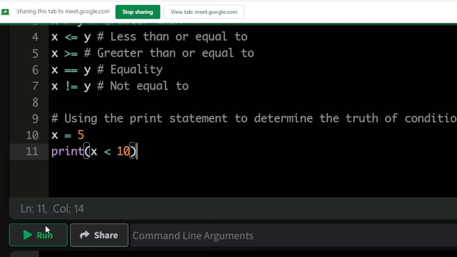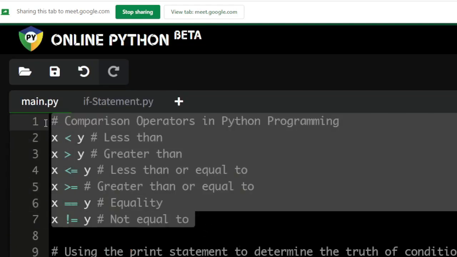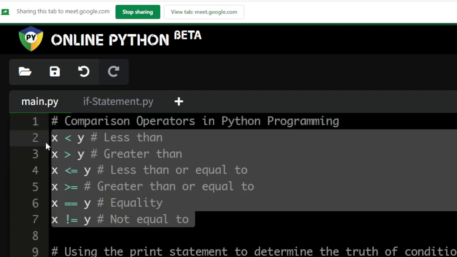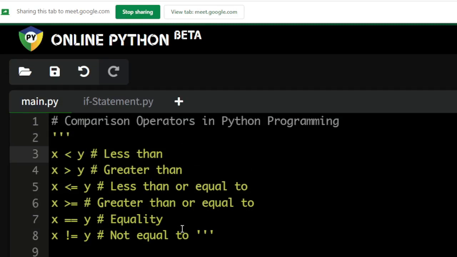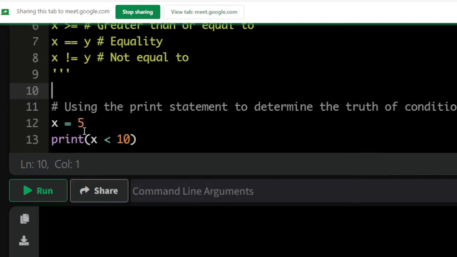Let's see what's going to happen by the time you run this program. So if I say x is equal to 5, print x is less than 10, by the time you run it,